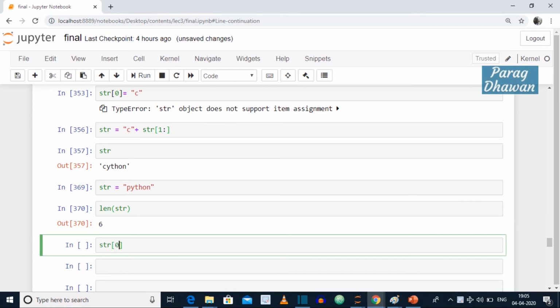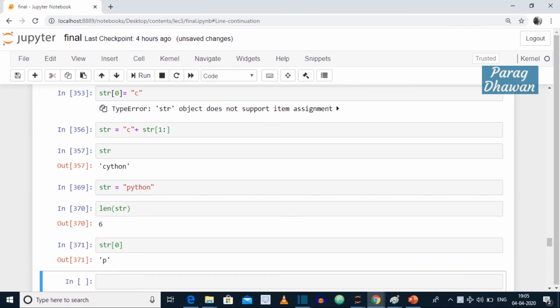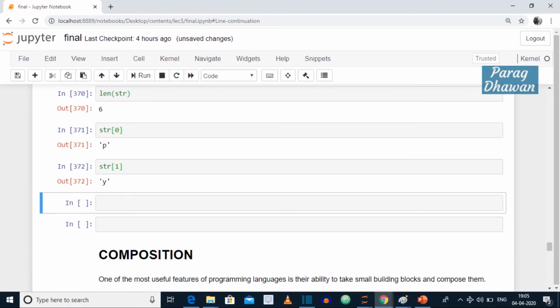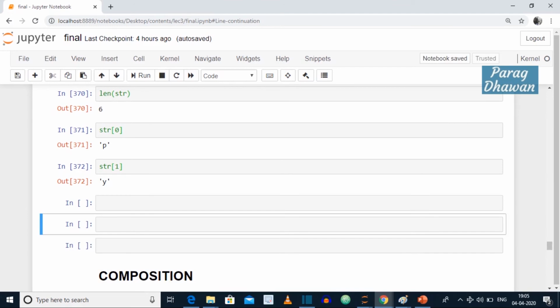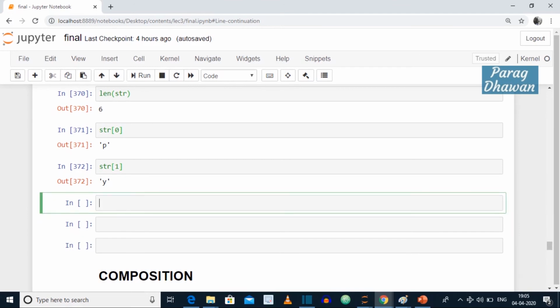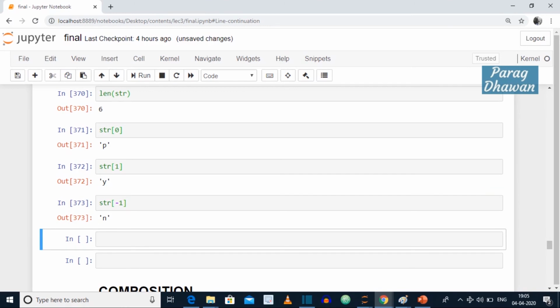It will give me P. If I want to access the second character from the string, str[1], it will give me the second character. Escape below to a new cell. If I want to access the last character from the string, str[-1], shift enter will give the last character. If I want the second last character, str[-2] will give me the second last character from my string.